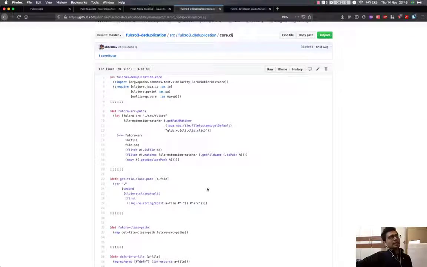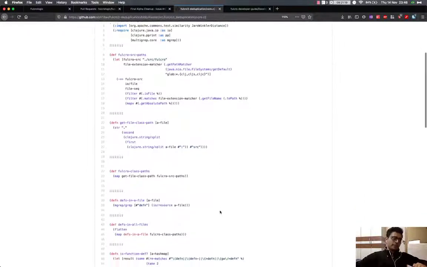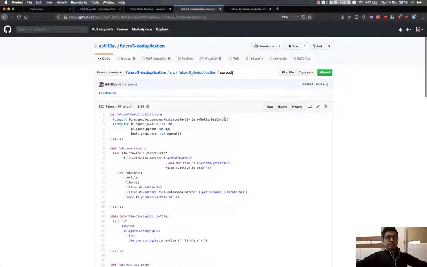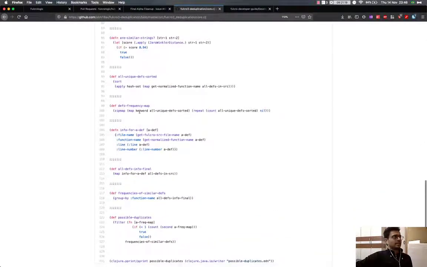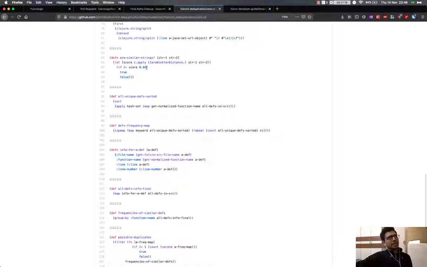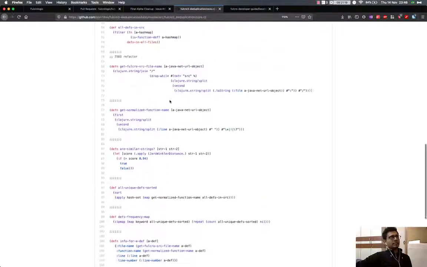once I had the REPL running in the project, I also had the Fulcrum source code within the project in the class path. Because of this, I was able to grep through the entire source code properly. One of the major constituents of the solution was using Apache Commons Text similarity, which comes from NLP. It fuzzy matches two words and checks their similarity. The similarity index which I kept was I think 95%, 94%, and it helped me find variations of